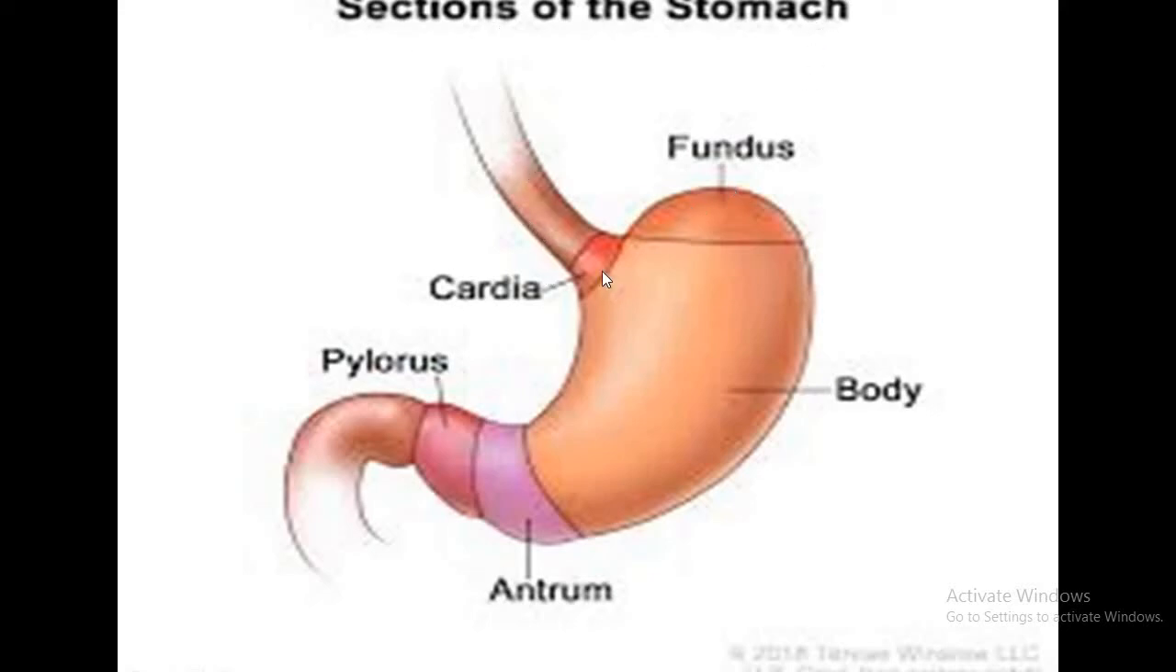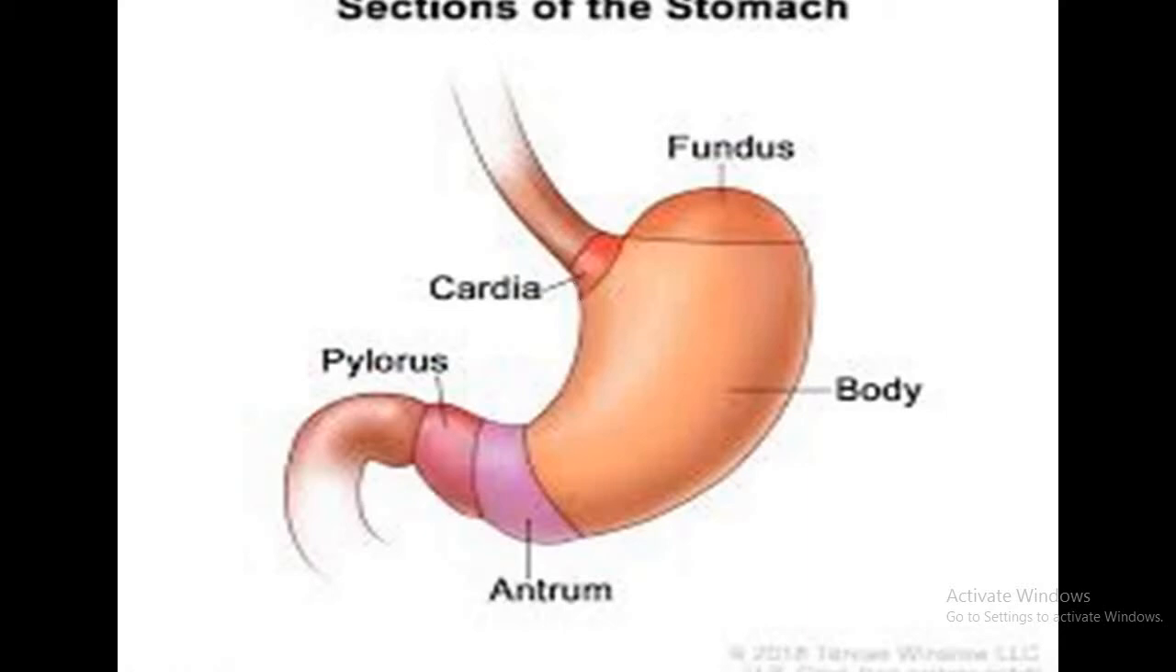This is the esophagus. The part of the stomach attached with the esophagus is known as cardiac. Then this part is fundus. This part of the stomach is the body, antrum, and the part of the stomach attached with the small intestine is known as pylorus. So here you will find a circular muscle which is guarding the opening of the cardiac